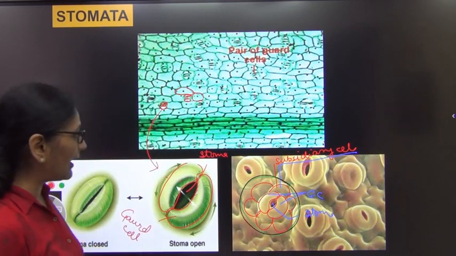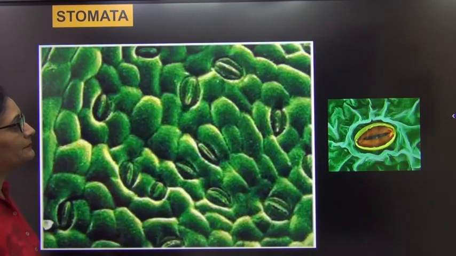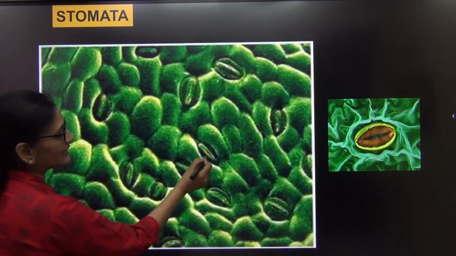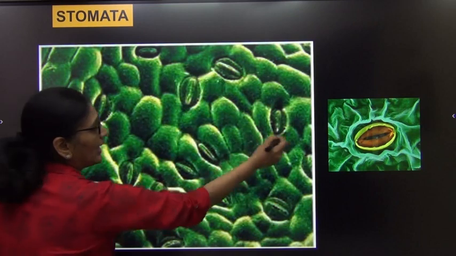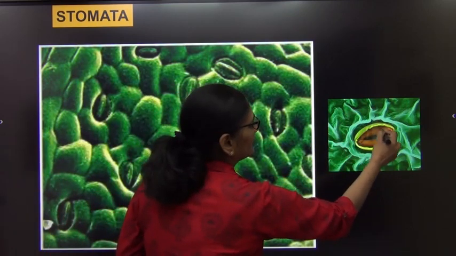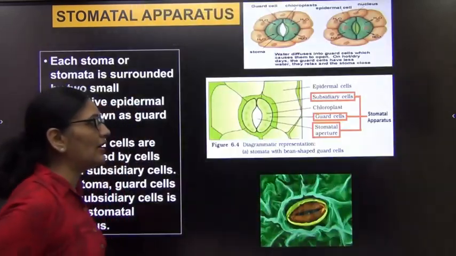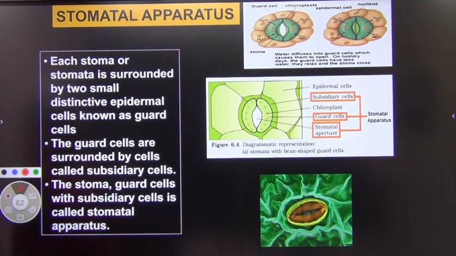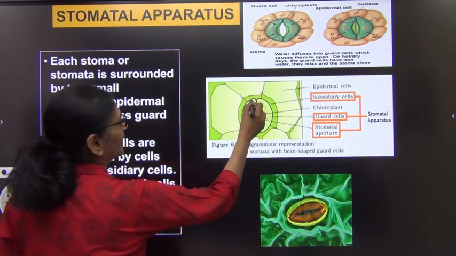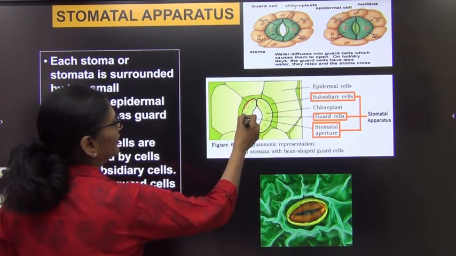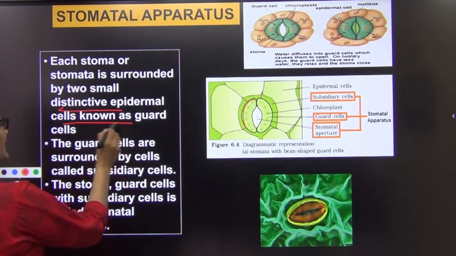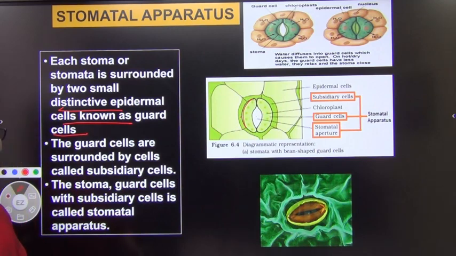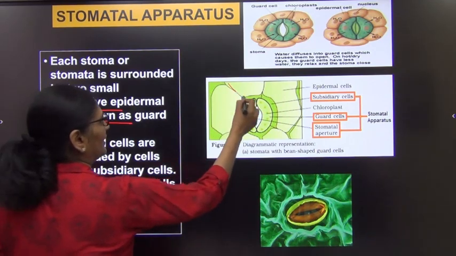Okay? And this I will just show you in another diagram as well. Here I just want to show you, see these are the epidermal cells and how in between your stomata is found. I am just showing it enlarged. So these are the epidermal cells, these are your guard cells and this is your subsidiary cells. Now this is the structure I was basically talking about. Each stomata, this gap, is surrounded by two cells called guard cells. You can see these guard cells, and then it is written that the guard cells are surrounded by epidermal cells.